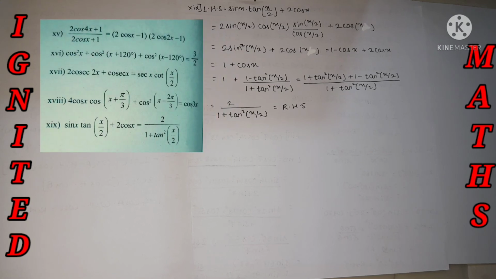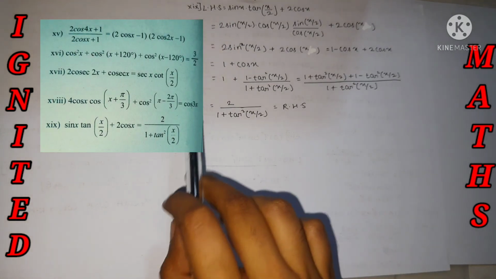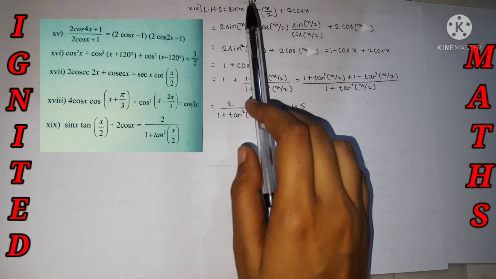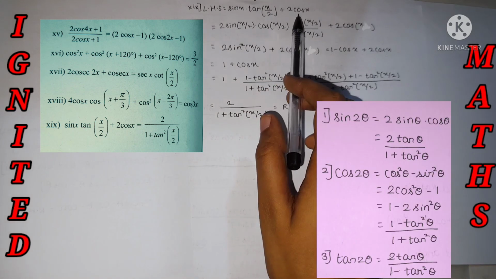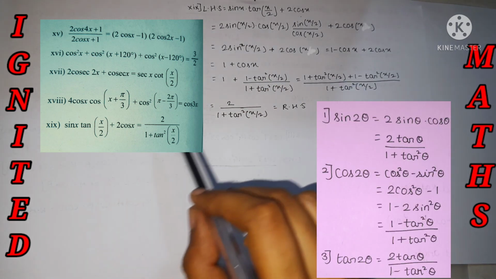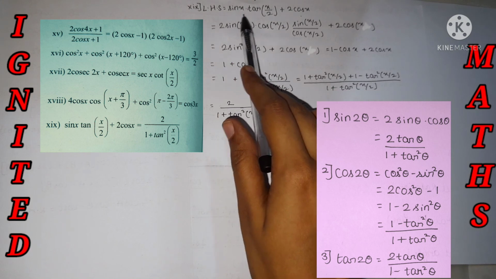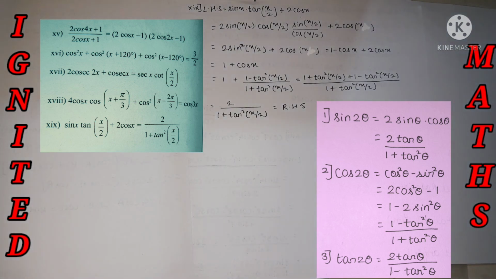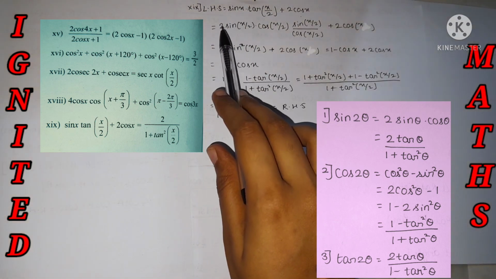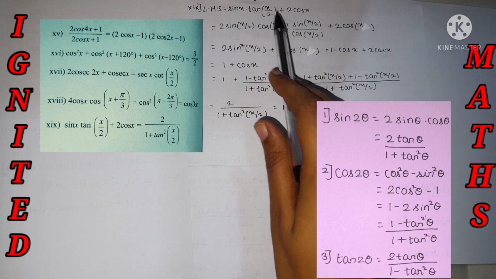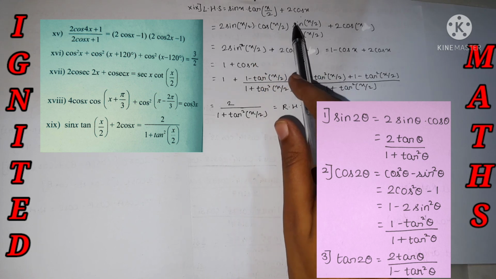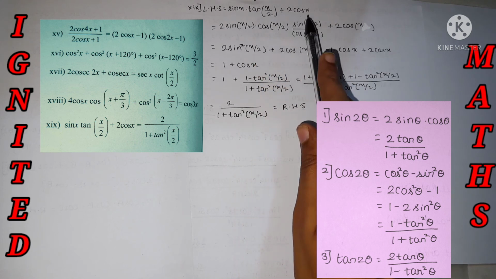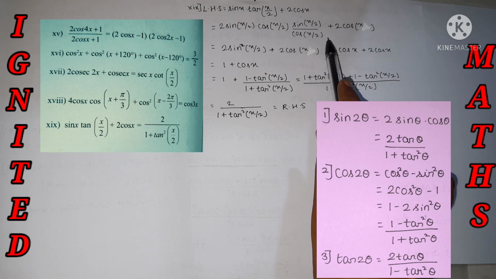Here the 19th sub question is over here. So I took the LHS value. Let's prove it to the RHS. Okay, sin x tan x by 2 plus 2 cos x. Yes, over here sin x. Yes, so I'll just apply the sine 2 theta. It's nothing but 2 sin theta cos theta, but over here sin x, so it's nothing but 2 sin x by 2 cos x by 2. And tan x by 2 I have just converted as sin theta by cos theta, nothing but sin x by 2 into cos x by 2, and plus 2 cos x as it is.